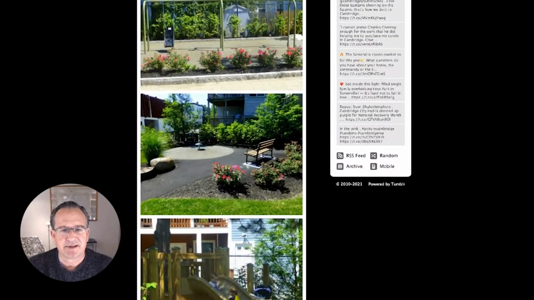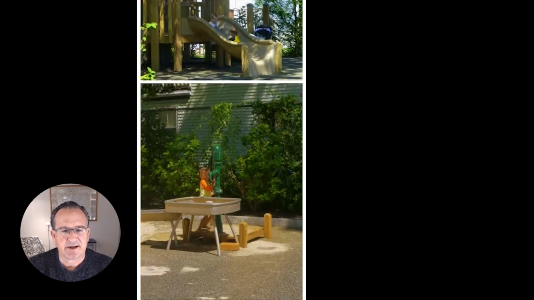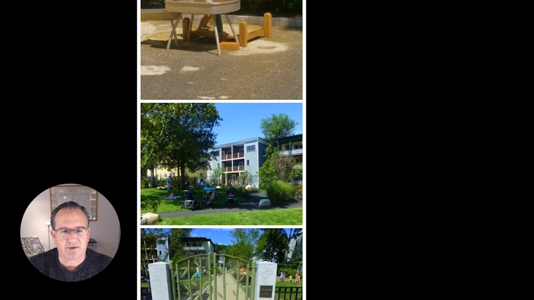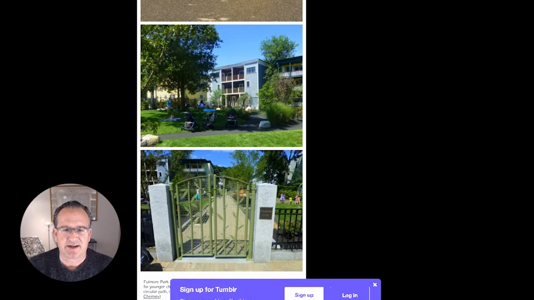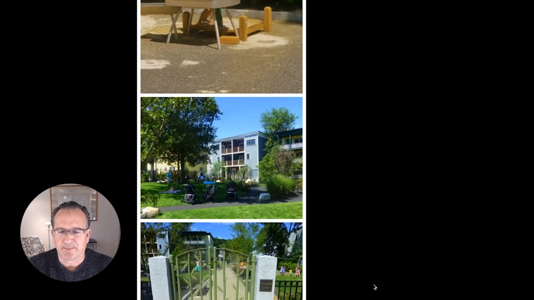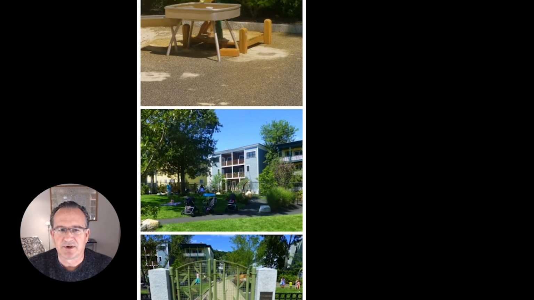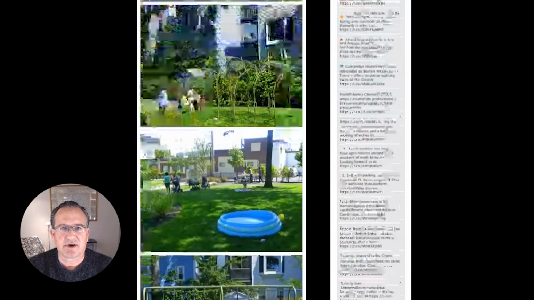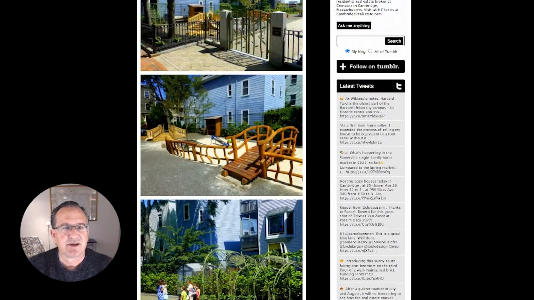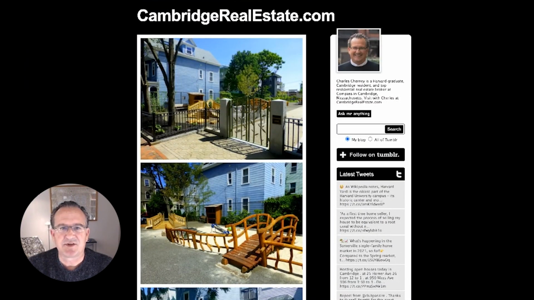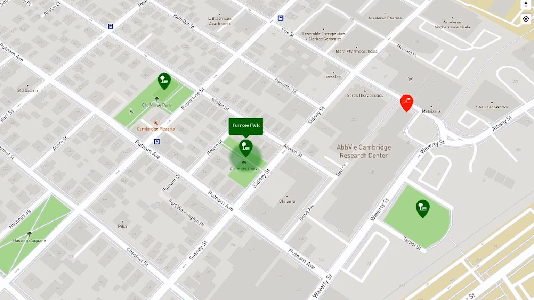Swing, sitting area, slide. Wow, its pathways, nice entrance. It's just a super city park, and it exemplifies some of the lovely green spaces found in